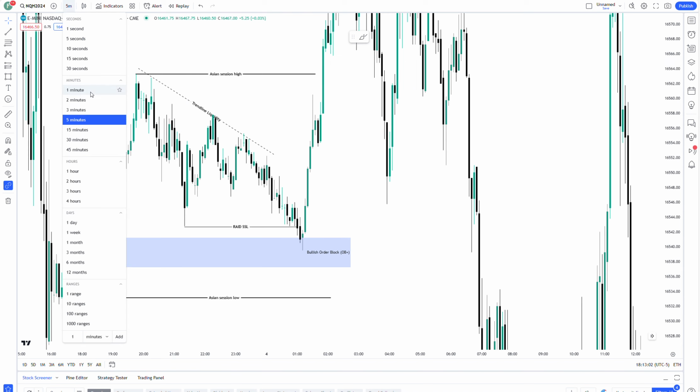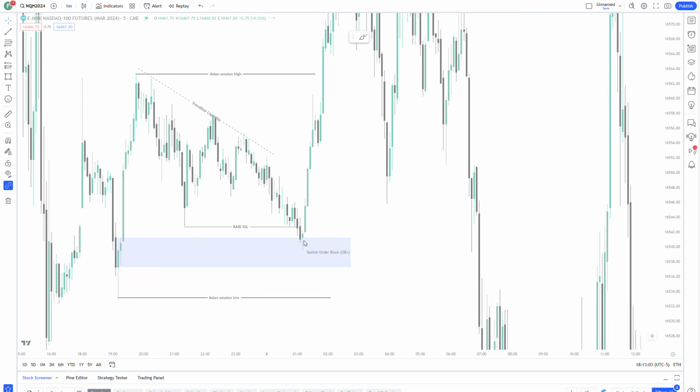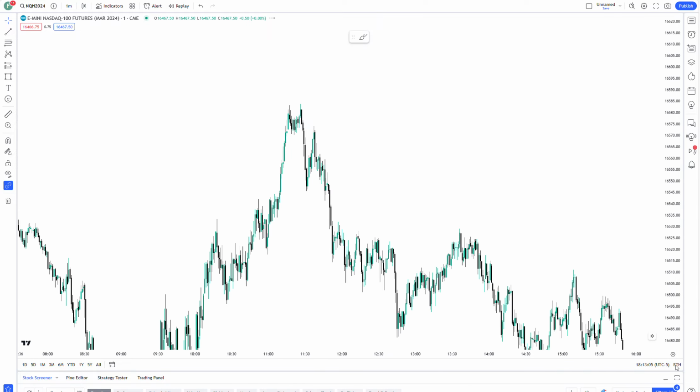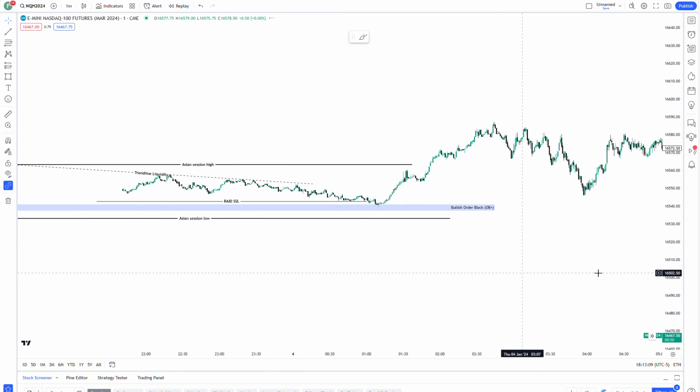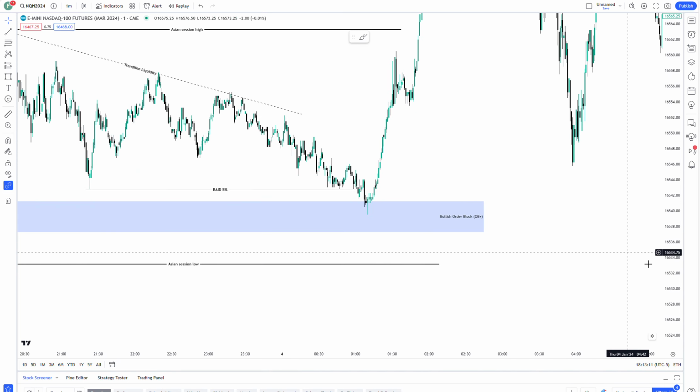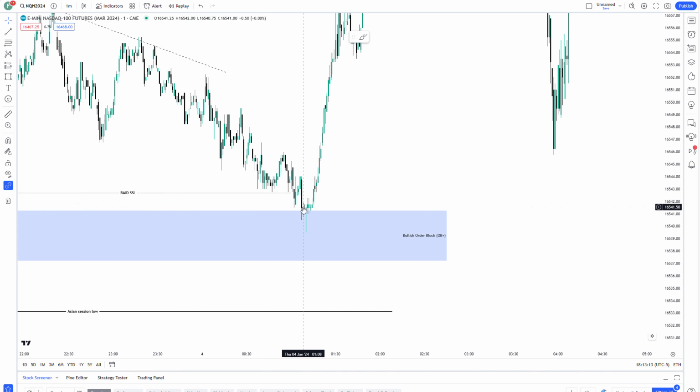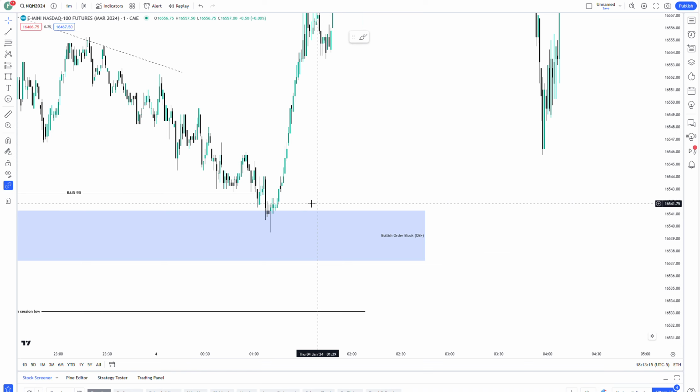If you're okay with entering outside of these time frames, then that's what you can do. It's all a personal kind of choice. So if we go back here, that there is the 5 minute bullish order block. And you can see we raid that sell side liquidity, we raid that sell side liquidity, and then look at